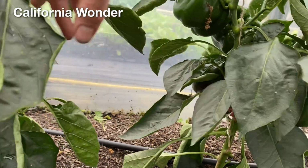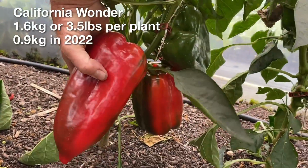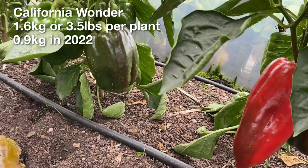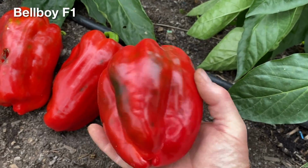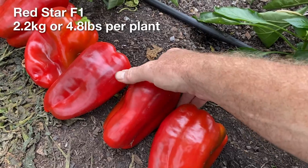And I suspect that better fertility of the more developed soil, better water management, and better pruning really helped. There might have been better weather overall this year, though I'm not sure, but 1.6 kilograms of bell peppers from each plant was a lot better than last year. But this is still only 3 or 4 peppers produced on each plant, which is not a lot, even if they are quite big. The 3 hybrid varieties did even better, with the Red Star variety producing 2.2 kilograms of